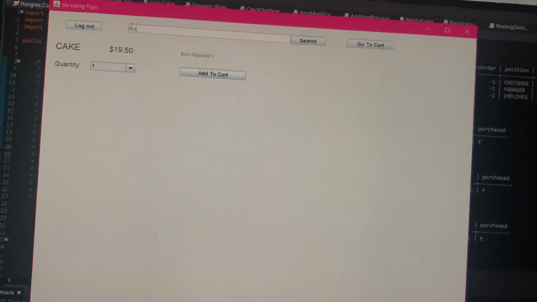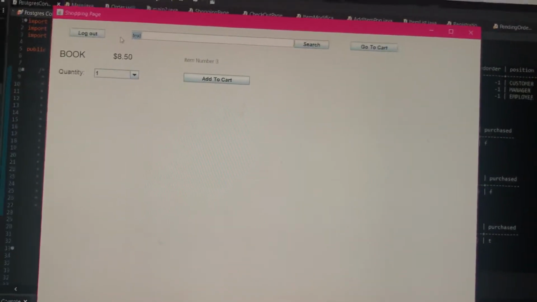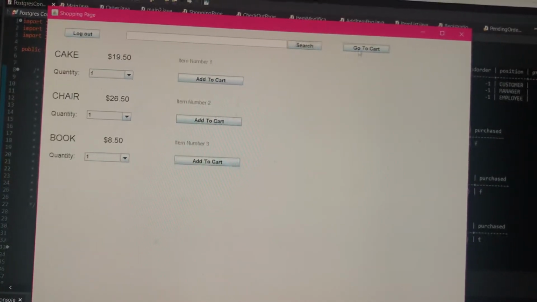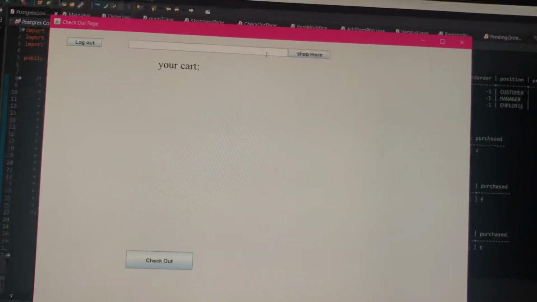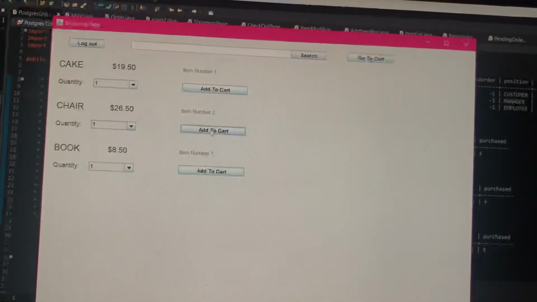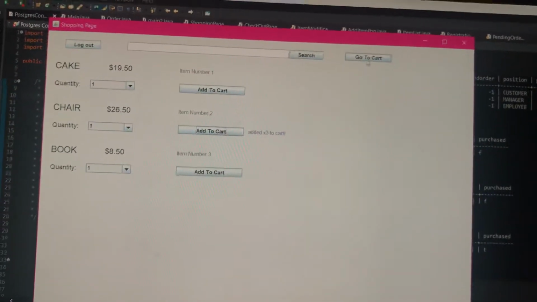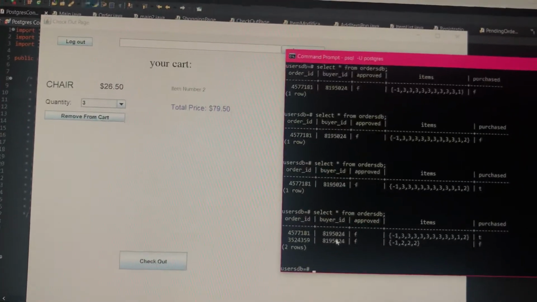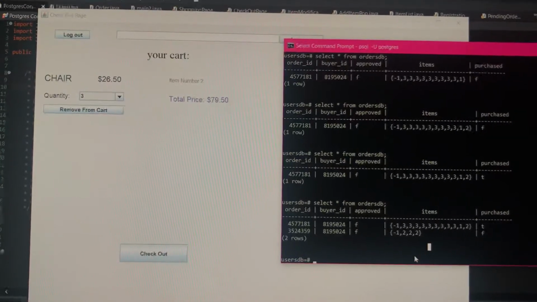And then I can look up text for book, I know, and then I can clear the search to go back to everything. Go to cart, and there's nothing in cart, of course, because we don't have anything added. But we can just go ahead and add a couple of chairs to our cart, and so right now, if you look at this, select all from orders DB, you see that we have our new cart